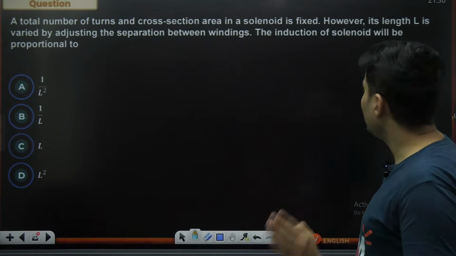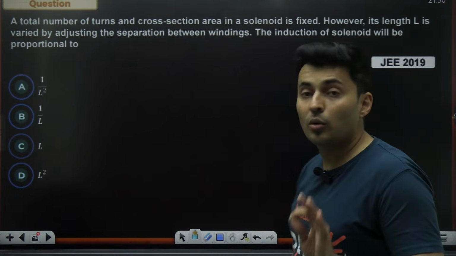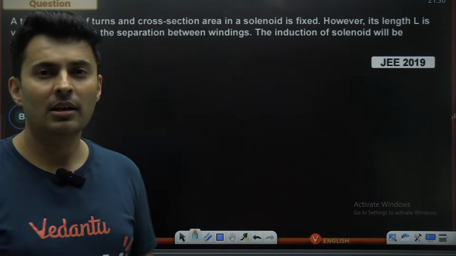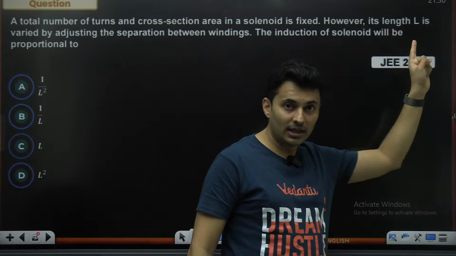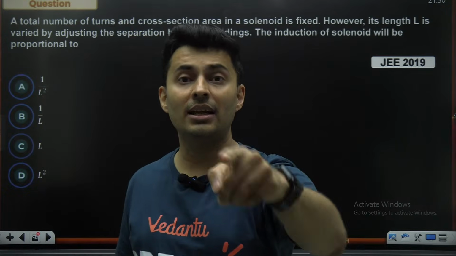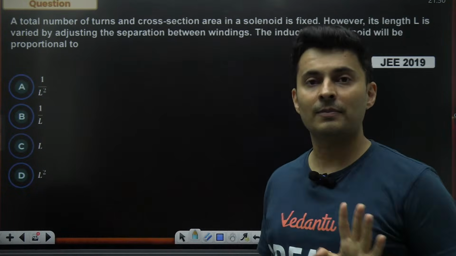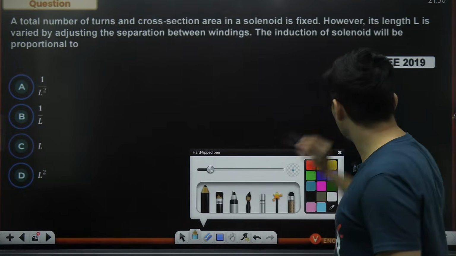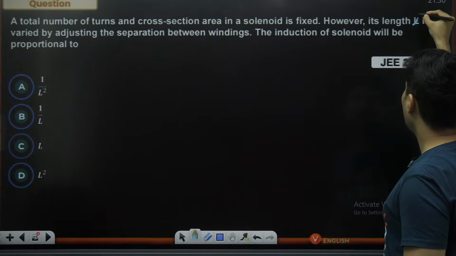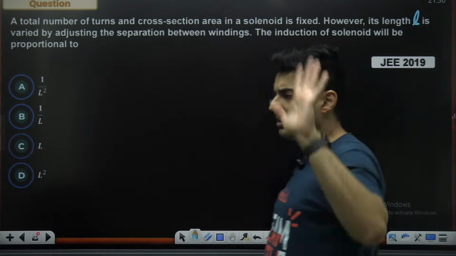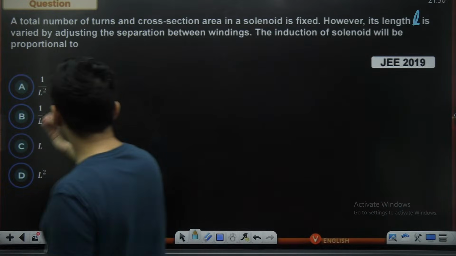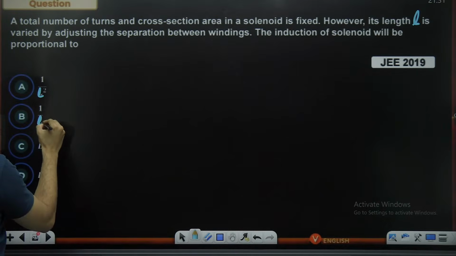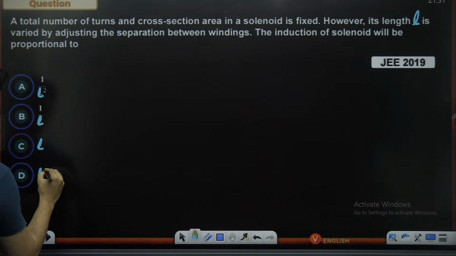Okay, now I'll tell you the weird thing. Why this is a good question also is because of the symbol. You might overlook this fact, but look at this. The length symbol is capital L. Inductance symbol is also capital L. Many students are going to make this mistake. So what I would do as a student in the examination hall, I'll forget that the original symbol is capital L. I will use small l, my original understanding. And I will also relook at the options like this only. I will look at 1 by L square, 1 by L, L, or even L square.